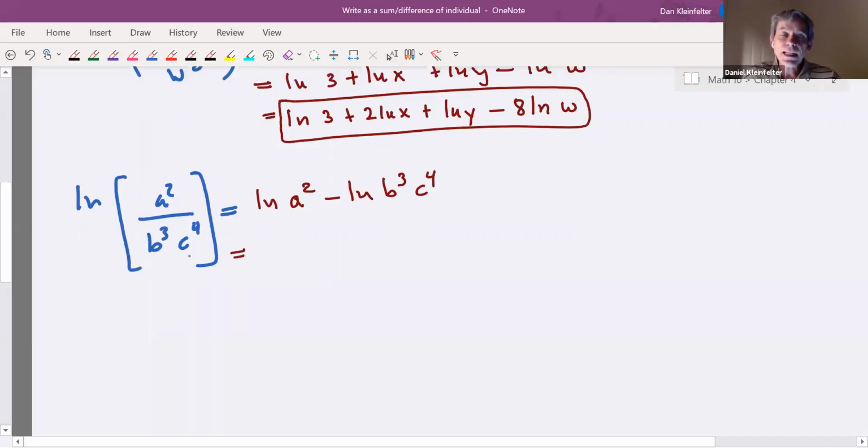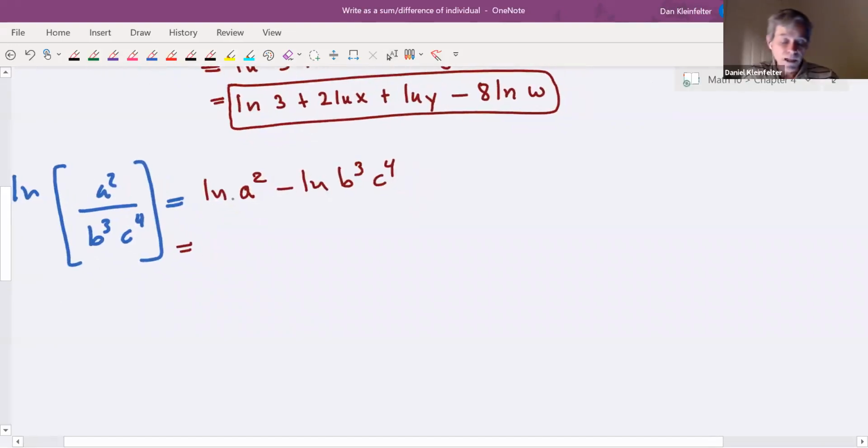Okay, so in the next step, there's going to be a piece that we have to be really careful of. So the natural log a squared, I'll go ahead and bring that 2 around front. That's not the tricky part, 2 natural log a. So now the thing is, what's being subtracted here is this natural log of b cubed c4. That's a product. So we're going to split that into the sum of 2 logarithms, but right now all of that is being subtracted. So I'm going to take that thing and wrap it in parentheses, natural log b cubed